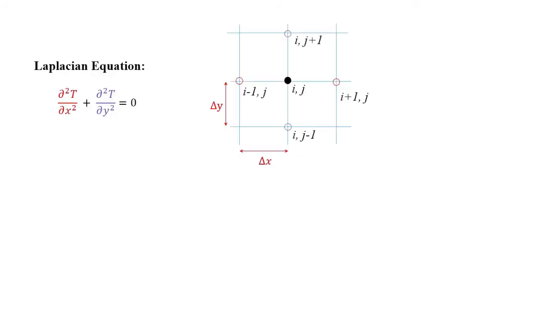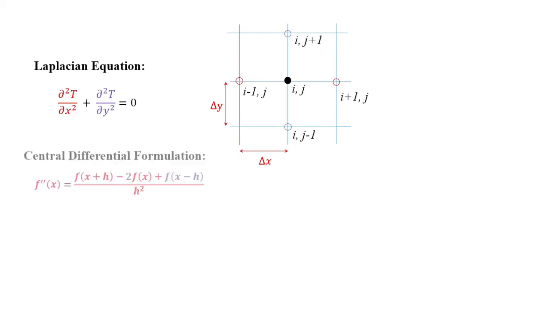Now in order to solve the Laplace equation numerically, we have to approximate del square T by del x square and del square T by del y square in terms of difference quantity. If you recall the finite difference method, then we use Taylor series to derive the central difference formulation to approximate such second order differential term. In central difference approximation, we need 3 nodes. That is, for derivative with respect to x term, we require information at these 3 nodes. Likewise, for the derivative with respect to y, the temperature data at these 3 nodes are required.